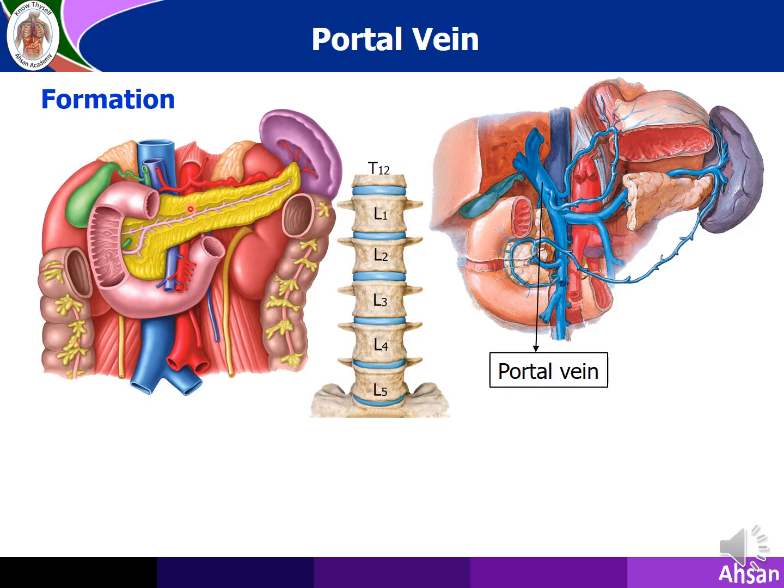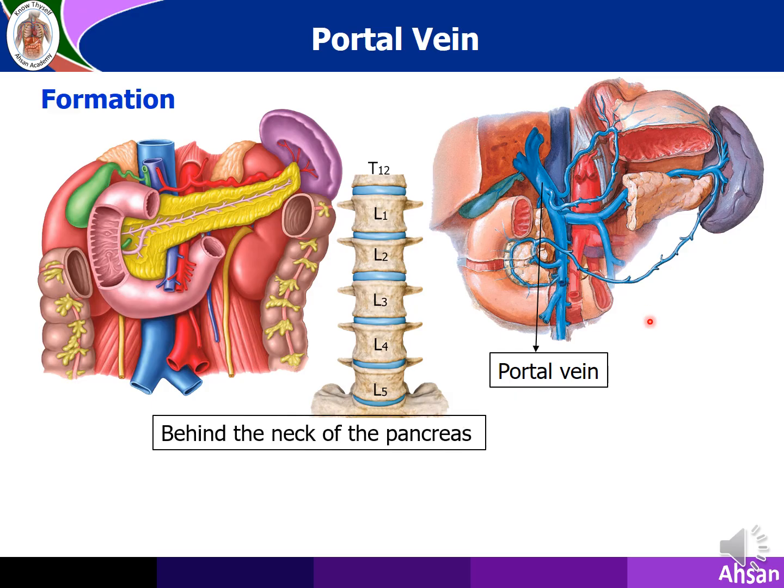You can see this is hidden under the pancreas, and this is the level of the neck of the pancreas. Neck of the pancreas to body is removed, so you can see the portal vein, and it is found behind the neck of the pancreas. So this is a very important landmark where the portal vein is formed. You can identify the superior mesenteric vein here, and behind the first part of the duodenum you can see the portal vein, and the rest of the part is hidden by the pancreas.